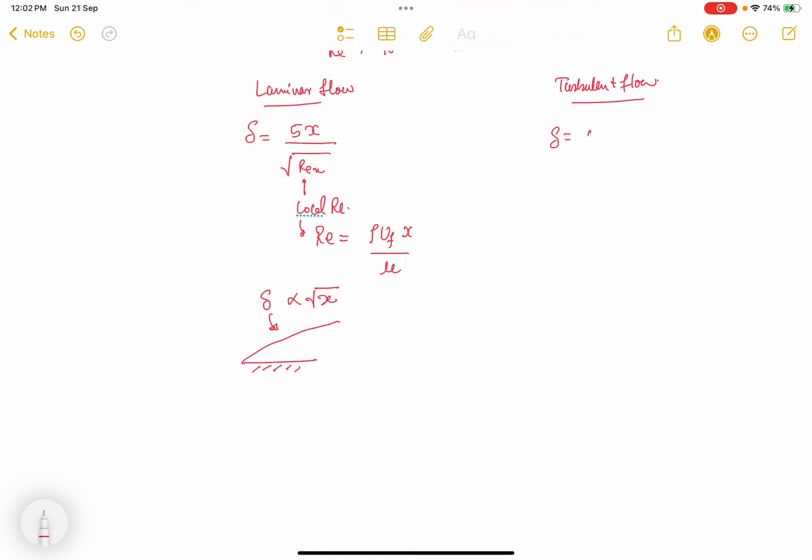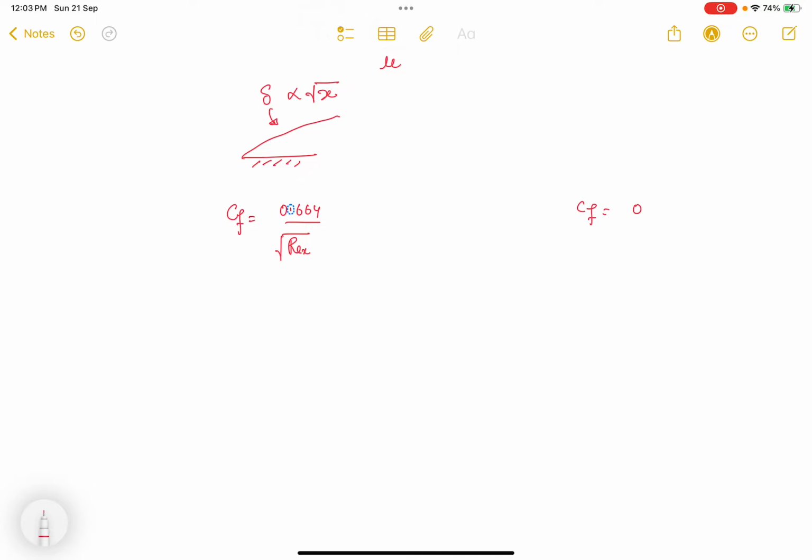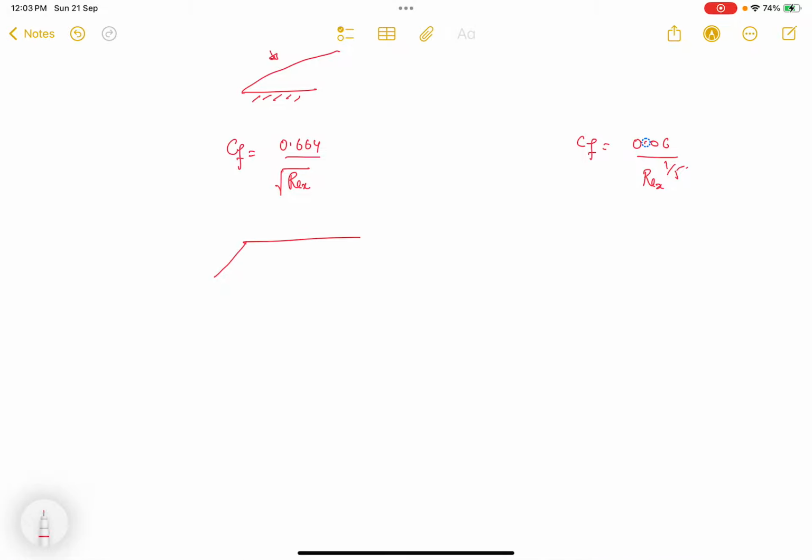Similarly, for turbulent flow, it is 0.358 x divided by Reynolds number power 1 by 5. And if we want to find the skin friction coefficient, it can be found as 0.664 divided by root Reynolds number x. And for turbulent flow, it is 0.06 divided by Reynolds number power 1 by 5. Right, and how will we find the characteristic length? Suppose this is the flat plate. In the case of Reynolds number